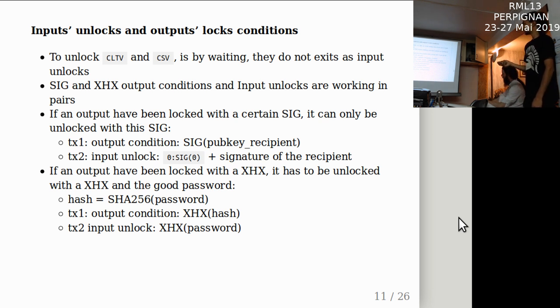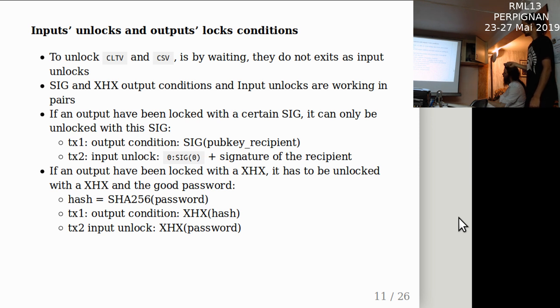Then the same for XHX. This time it's a little bit more tricky. First, on the client side, you define a password that you keep for yourself. You hash it with SHA-256, and then on the output condition you put this hash into this condition.